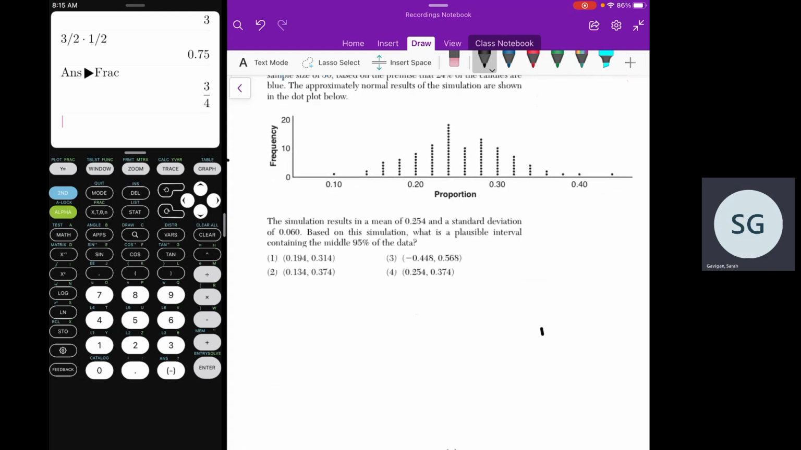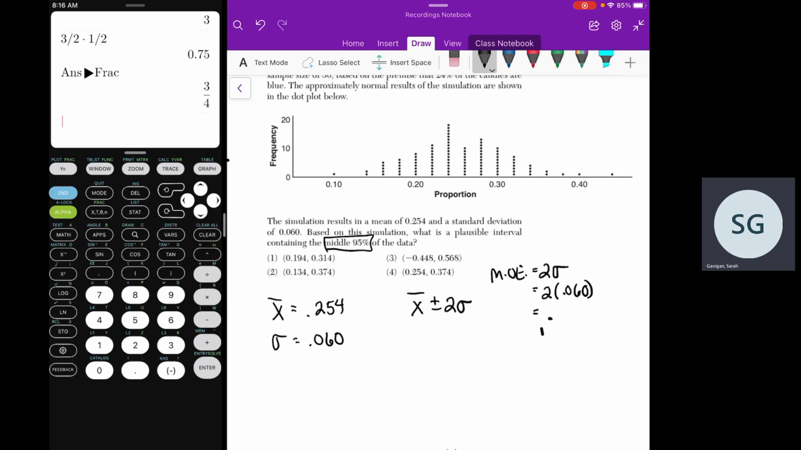Now, it tells us that it has a mean of 0.254 and it has a standard deviation of 0.060. Where's a plausible interval? The middle 95. The middle 95 is the mean plus or minus 2 standard deviations. Remember, the margin of error is 2 standard deviations. So if we just double that 0.060 number,